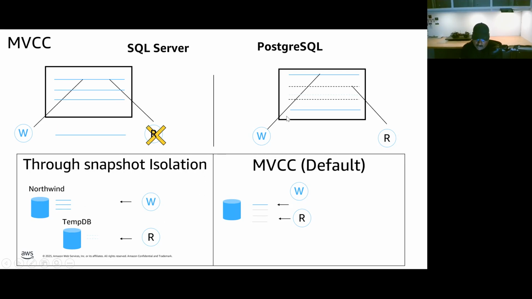In Postgres, if a writer is currently updating a row, and at the same time another user is trying to read the same row, then this user won't get blocked, because this user can read the previous version of this record, because Postgres maintains multiple versions to control the concurrent users. So that's the reason it is MVCC, because there are multiple versions, MV, to control concurrency, which is by default in Postgres.